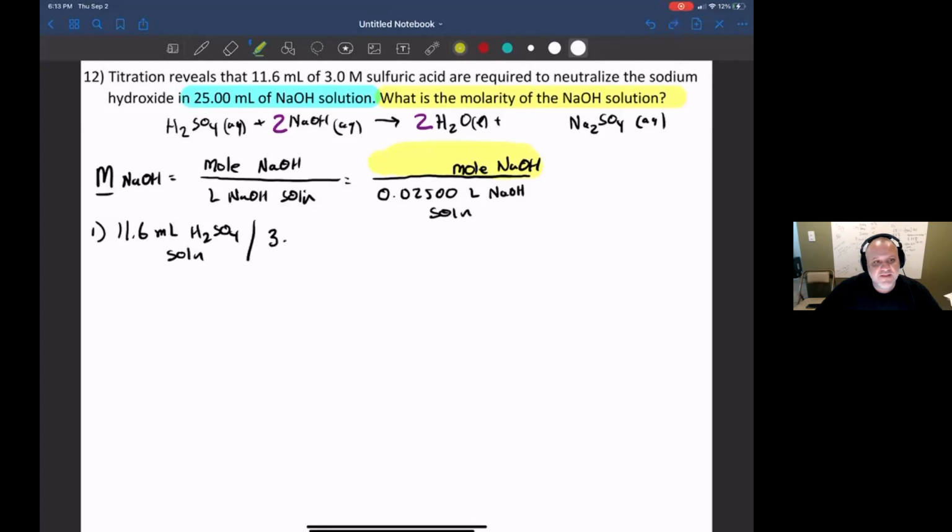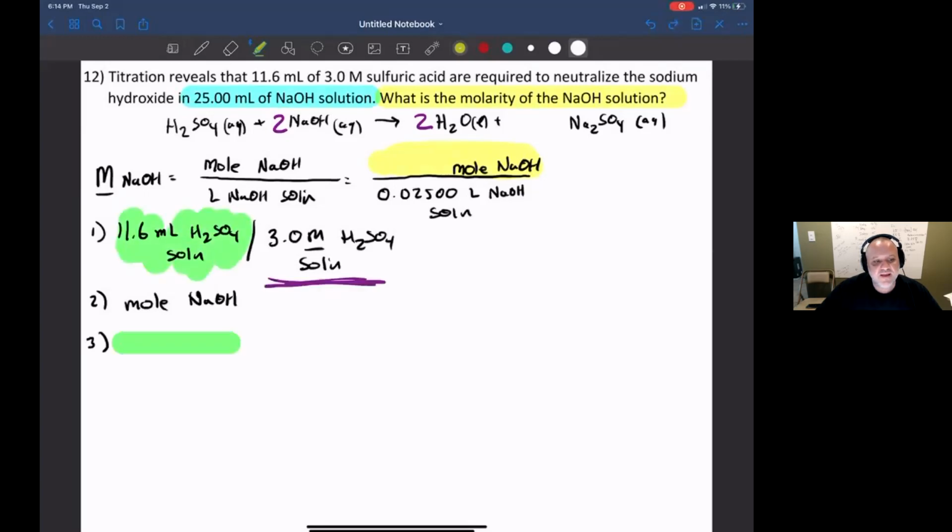Now, the other things that I'm given are 11.6 milliliters of H2SO4, and that the concentration of that solution was 3 molar. Again, I want to calculate the moles of sodium hydroxide, and in order to sort this out, where am I going to start? Well, I don't start with a per expression. I start with a simple isolated unit like milliliters. So I'm going to start with milliliters of H2SO4, and I'm going to get, at the end of the day,